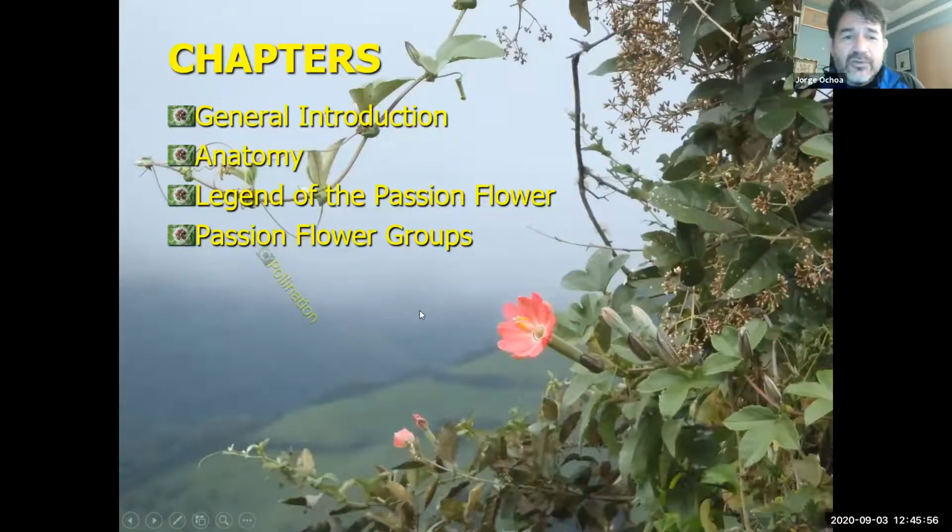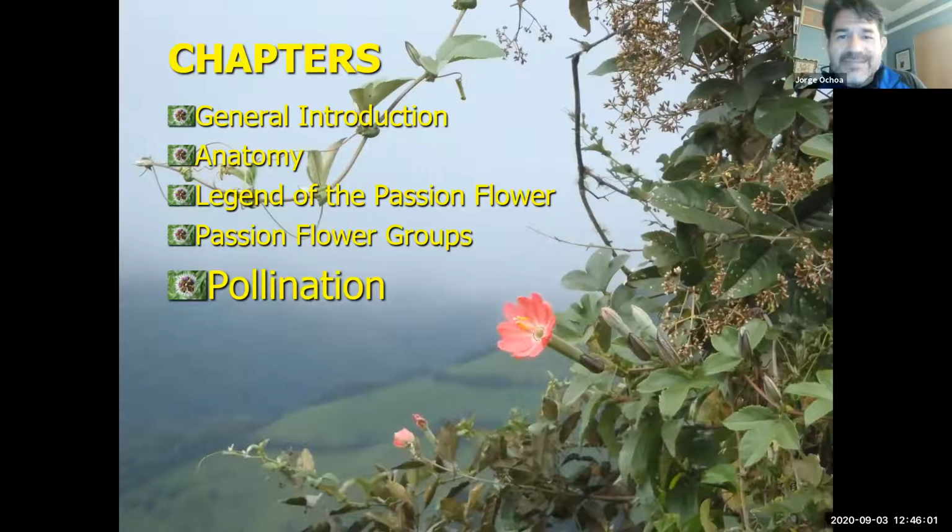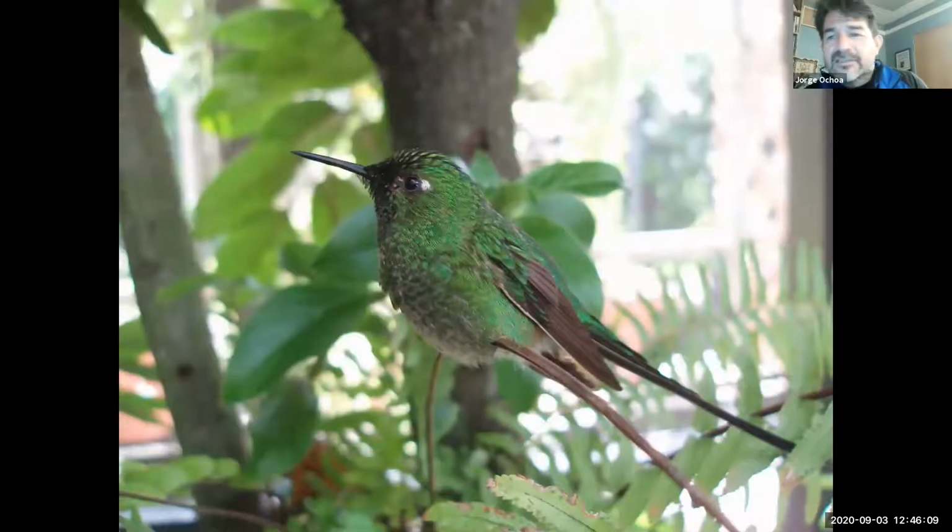So from the different groups, let's talk about pollination. Pollination is very important because that's going to determine why flowers have certain characteristics. And the term pollination syndrome is going to be very important for you to know. When we look at the first pollinator, these are flowers that are pollinated by hummingbirds. Hummingbirds are great. They can hover, which means that they do not need to land, so plants may not need a landing platform. Hummingbirds do not smell. They find the flowers by using their eyes.